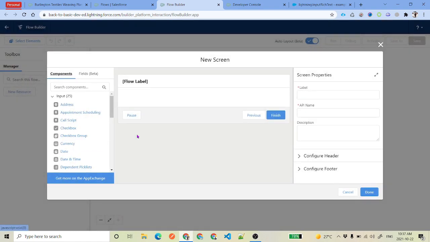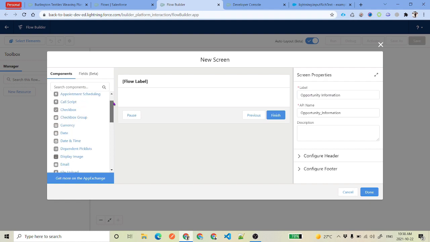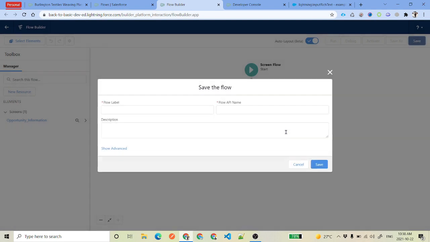This is our screen, Opportunity Information, and under input if you search for rich, you won't find it. There is no such component related to rich text area. So for now just click on Done and save the flow so that we can save our progress.